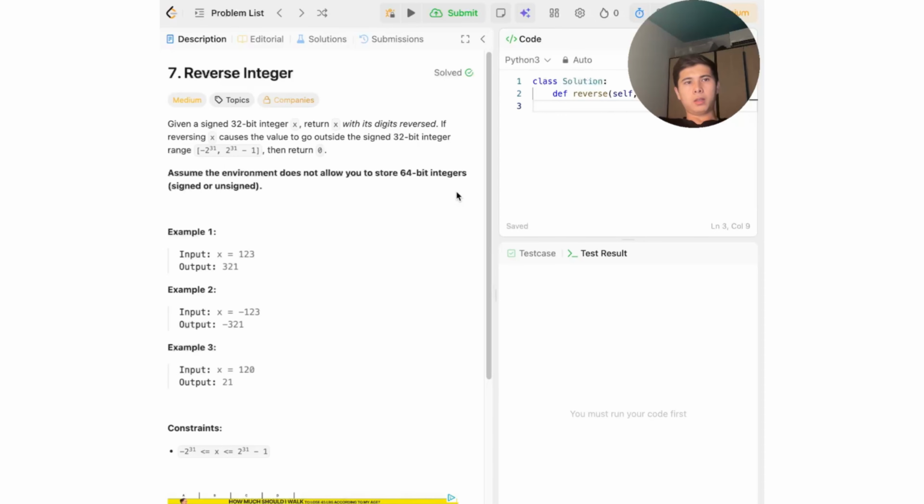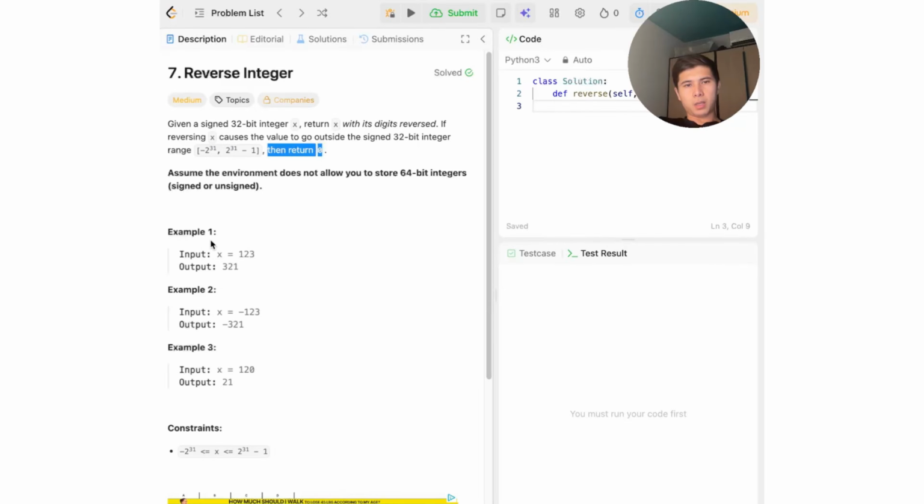So now we can see the last exercise from LeetCode, which is LeetCode 7, named Reverse Integer. That one is also the same as we solved before. Given a signed 32-bit integer x, return x with its digits reversed. If reversing x causes the value to go outside the signed 32-bit integer range, like this integer range, then return